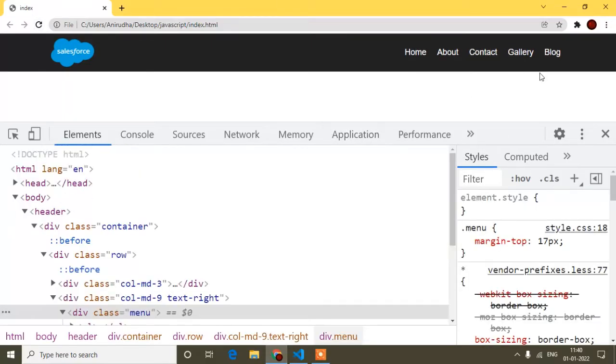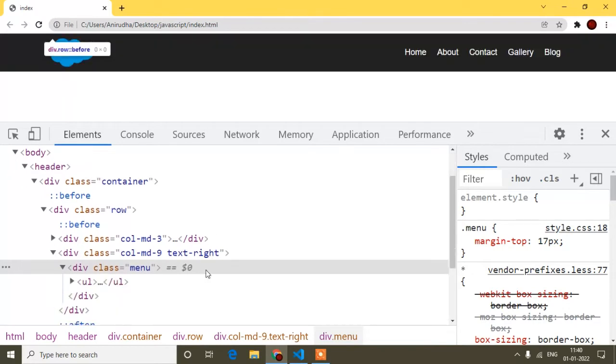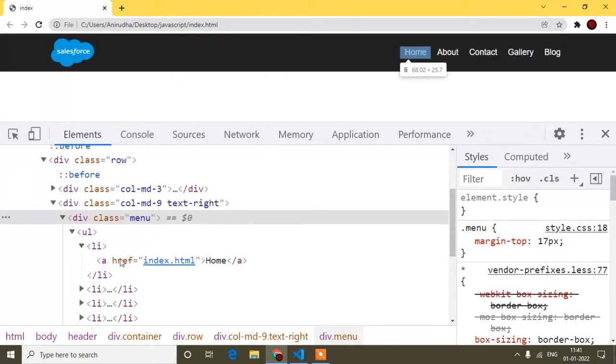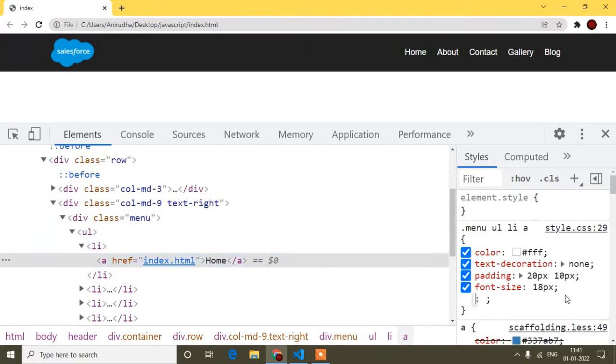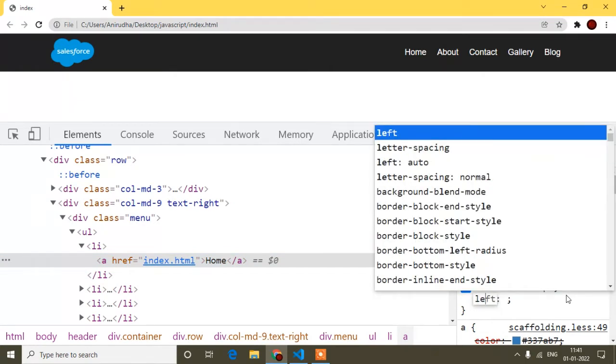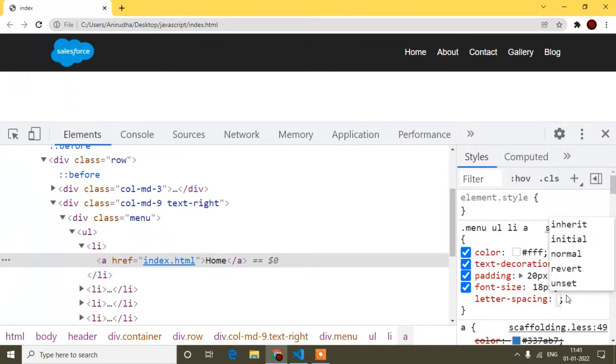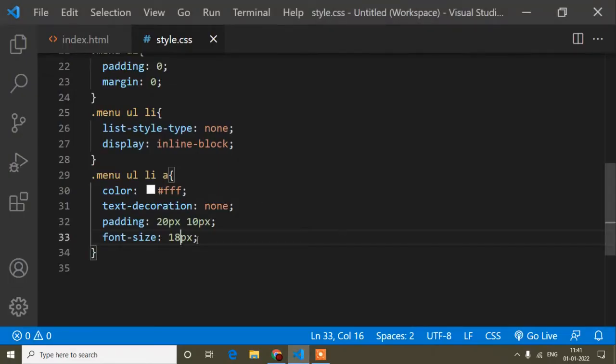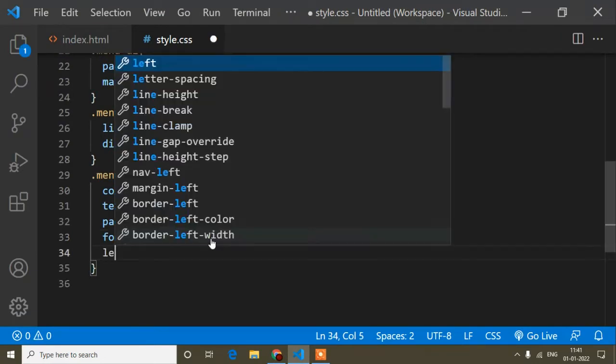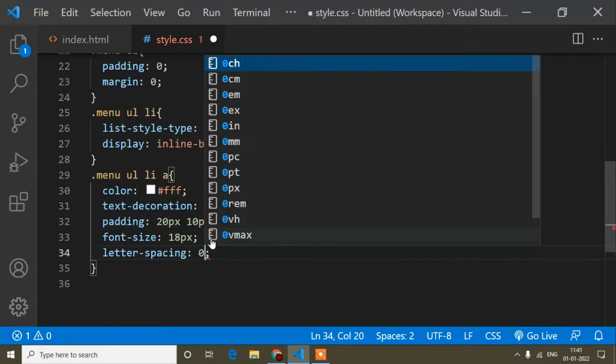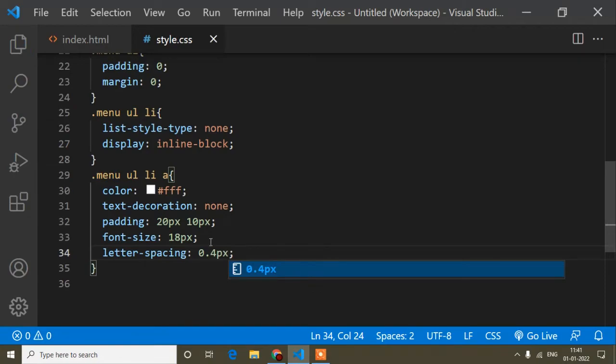Yeah, it's looking much better. And in this anchor tag I can add letter spacing also. So here I will add letter spacing, that is 0.4 pixel, like this. So it's looking more perfect. So now this is done.